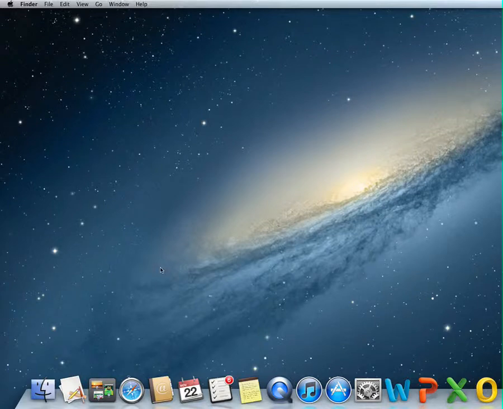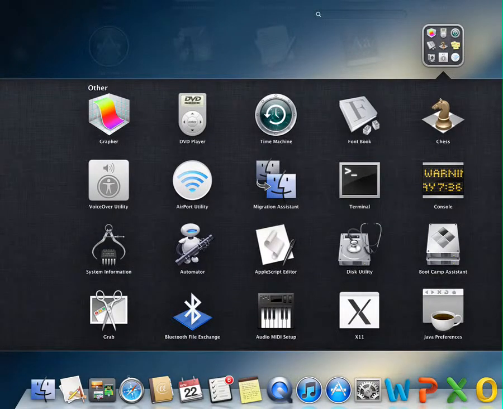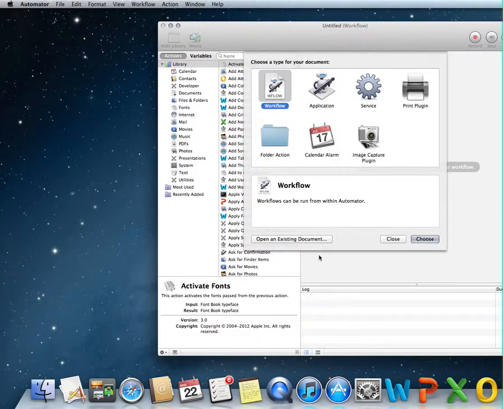We're going to present today the features of Automator, and in later posts we'll actually present examples and everything else that you need to know. So for now, to open Automator, just press F4 to open the launchpad, and in Other, you're going to find Automator right here. Okay, you have 7 options that you can use, 7 types of documents, as they call it,